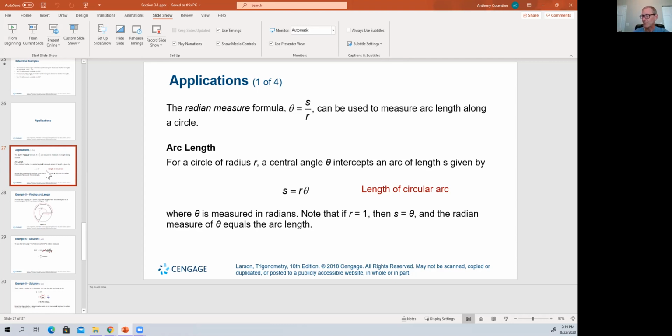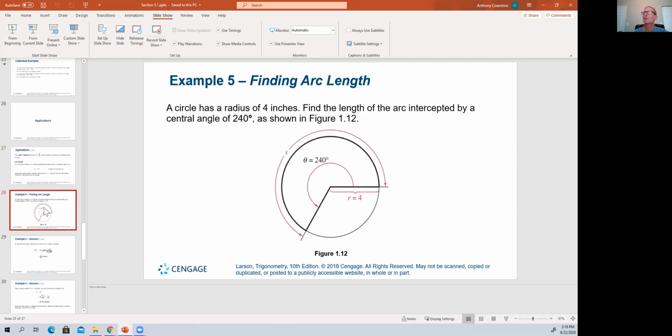And the theory behind this one is illustrated here in this figure 1.12. So the idea that we have here is that we have a circle with a radius of 4, and we have an angle there of 240 degrees. And so when you want to do this calculation,